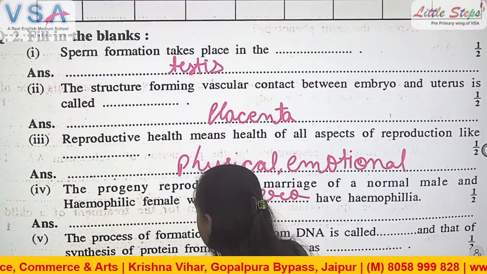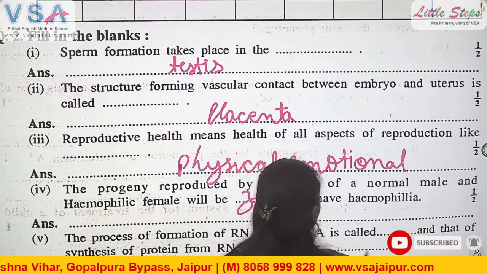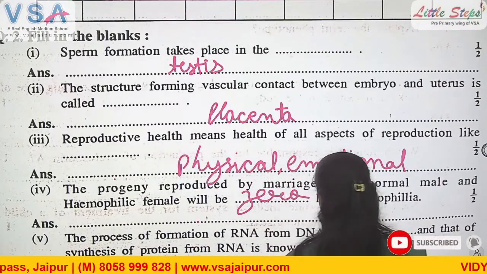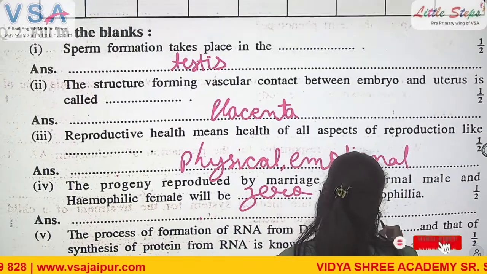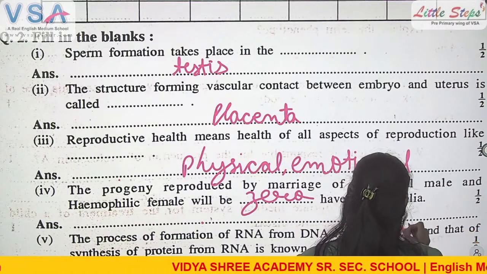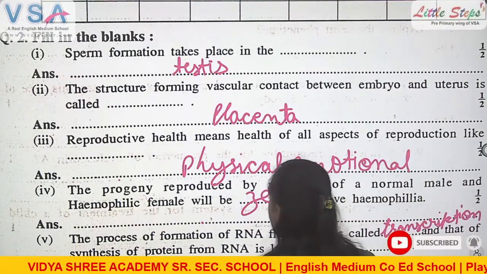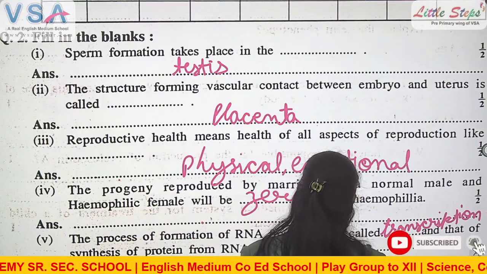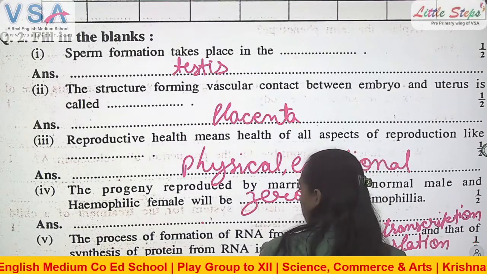Now the next is the process of formation of RNA from DNA is called, and the synthesis of protein from RNA is known as the... So RNA का formation, this is the transcription. Okay, and the formation of protein from RNA, this is the translation. Okay, now